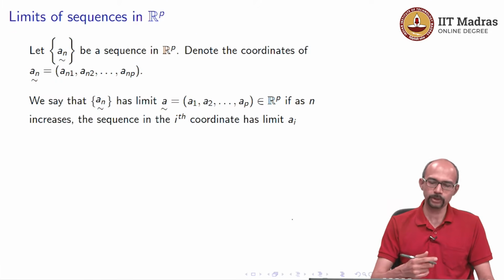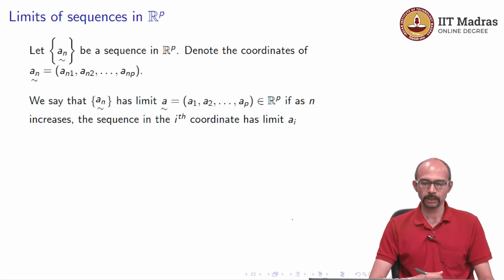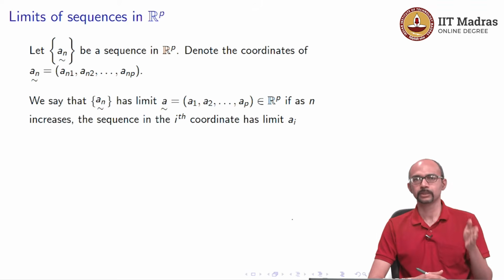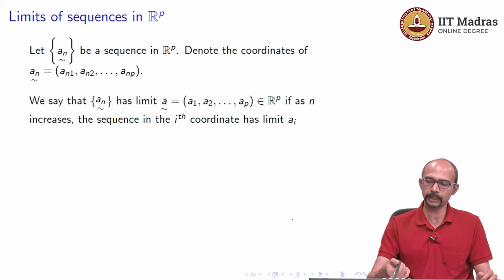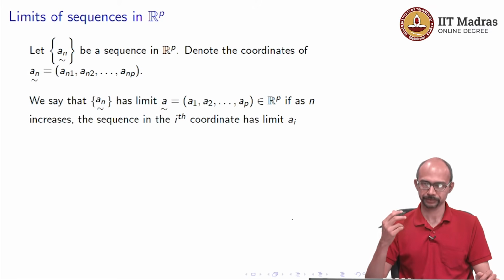Okay. So, as I said, what you do is, let us say you take the first coordinate. From this sequence ã_n, for each of these vectors you extract the first coordinate. So, then you get a_11, a_21, a_31 and so on. That forms a sequence in R, and you ask, does it have a limit? Well, if it has a limit, let us say suppose the limit is a_1. So, you keep that in store, then you go to the second one. You do a_12, a_22, a_32, a_42 and so on. Does that have a limit? Well, if that has a limit, you call that limit a_2, and then you go on.